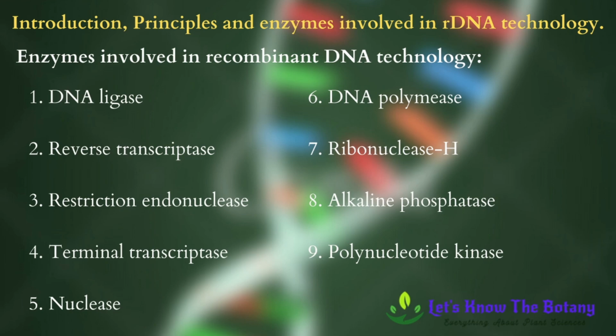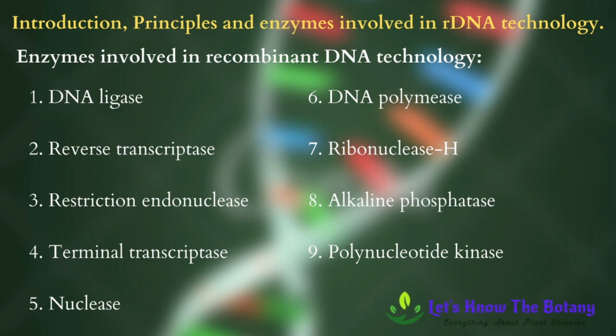There are three different types of restriction endonuclease enzymes. The type 1 restriction endonuclease has both methylation and endonuclease activity. It requires ATP to cut the DNA, that is, it requires energy. It cuts DNA about 1000 base pairs away from its restriction site. For example, ECO-K1.